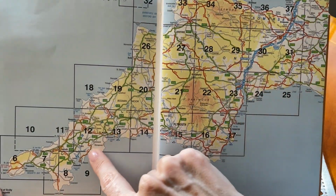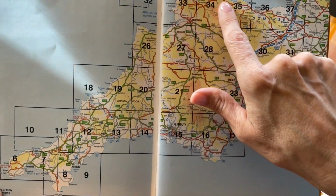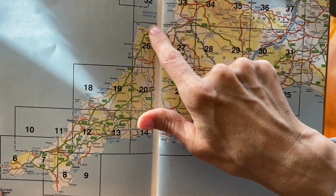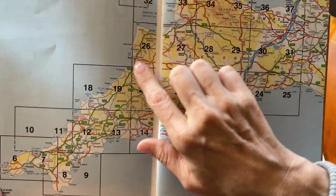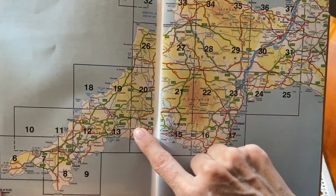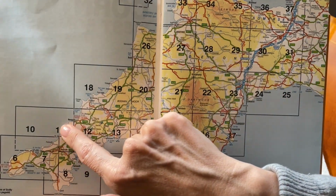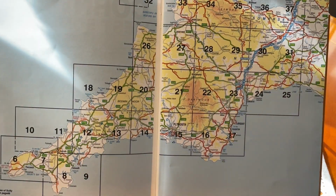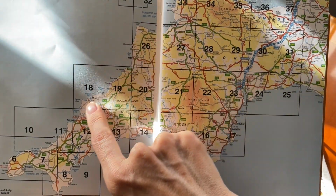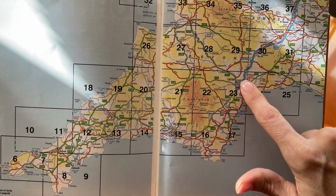Where today we're going to look at the coast of Cornwall, namely the Atlantic coast. I thought it might be fun to do a little walk as well. So we'll have a look at this map of Cornwall and Devon,